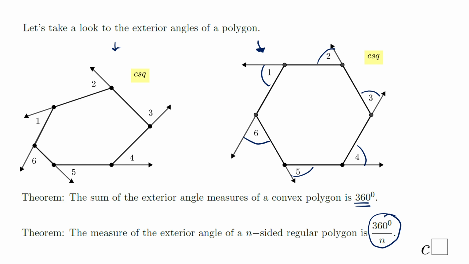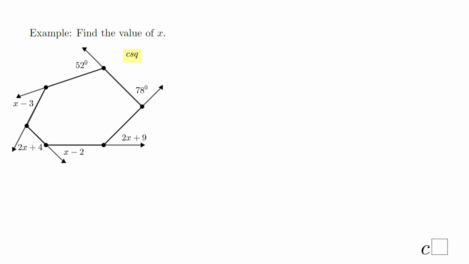So let's see how this works in this problem. We are asked to find the value of x. It really doesn't matter, but this is a hexagon, right? 1, 2, 3, 4, 5, 6. Yeah, but what do we know? The sum of the exterior angle measures is 360. So you can start with anything you want. Let's say you start with x minus 2. This guy